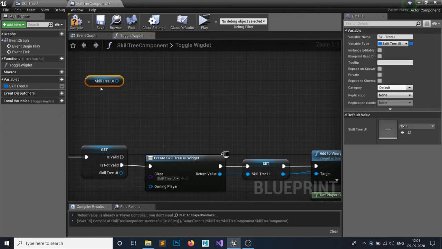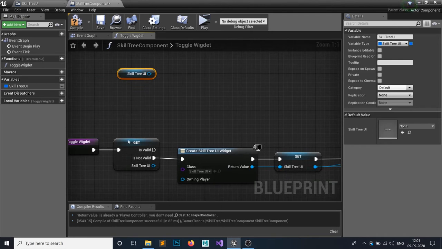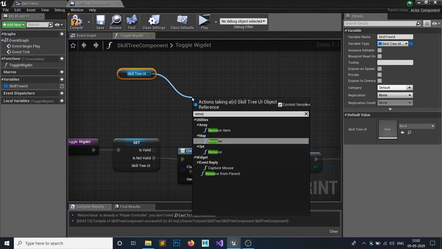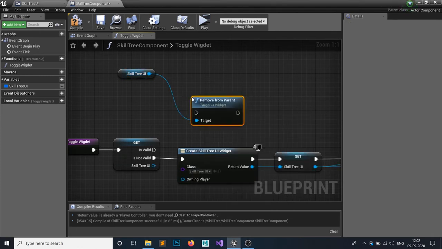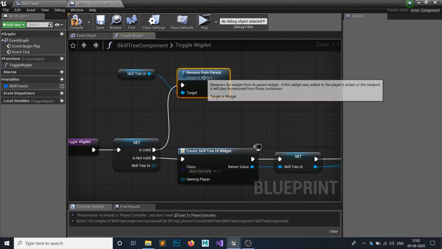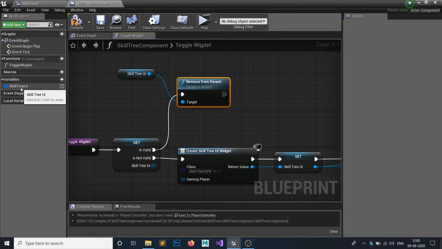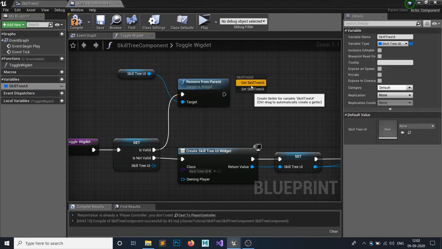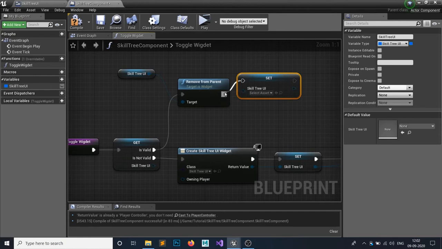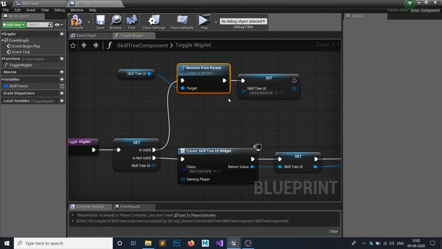So if we press tab, and if it's not created, then it will create the widget, and if it's already created, then it will remove. So remove from parent, just like this. And also we're gonna set this skill tree UI to nothing, so set it to blank.